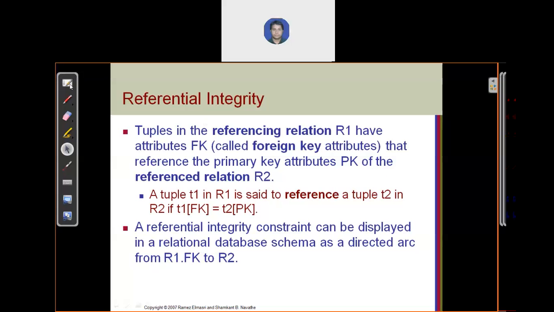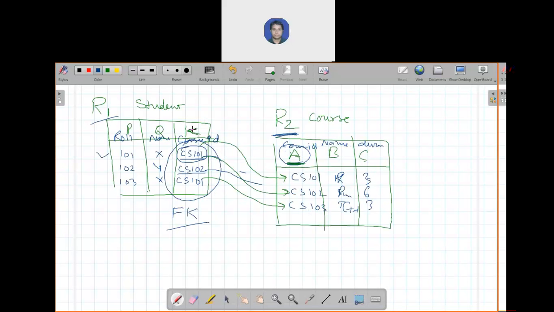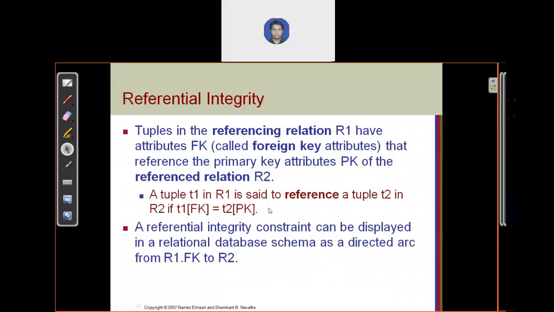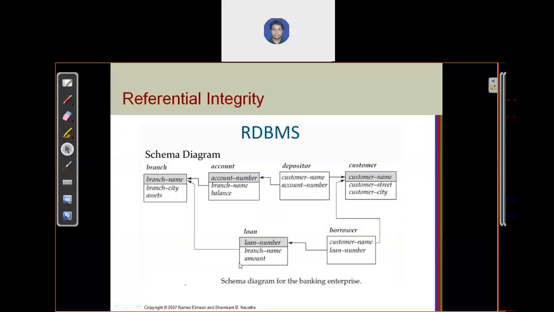As you have seen here, this K is a foreign key for relation R1, and this attribute A is the primary key for relation R2. A referential integrity constraint can be displayed in a relational database schema as a directed arc from R1.FK to R2. We are going to see this in the next slide.